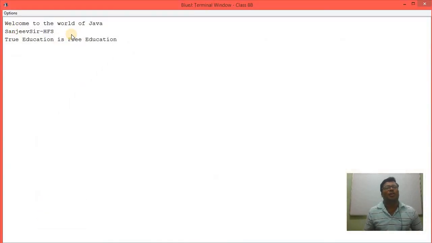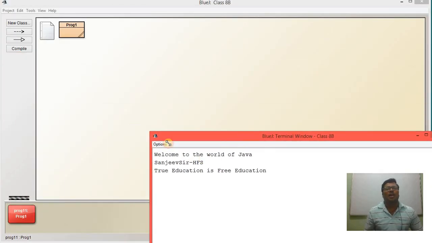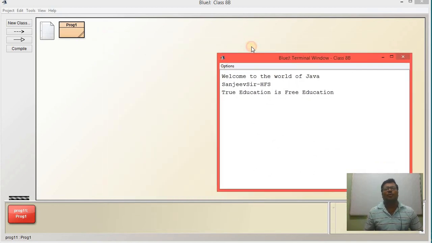Now you get the output of the three lines I have written, and it is displaying. This is the output, and this is the terminal window. BlueJ provides the terminal window for displaying the output.